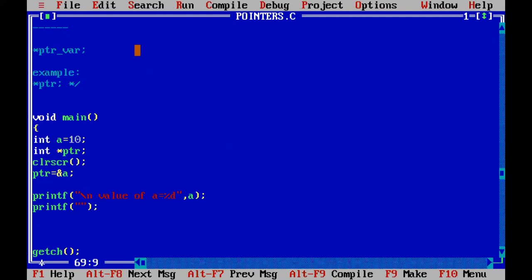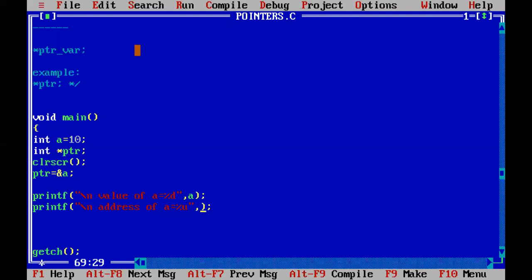In the next printf statement, again in the new line, I want to print the address of A equal to %u, unsigned integer, or you can write %d also, no problem. %u means unsigned, without any sign, because the memory locations won't be having any minus sign. To avoid negative numbers, you can write %u also. So both are same. So in place of %u, I want to print the address of A.